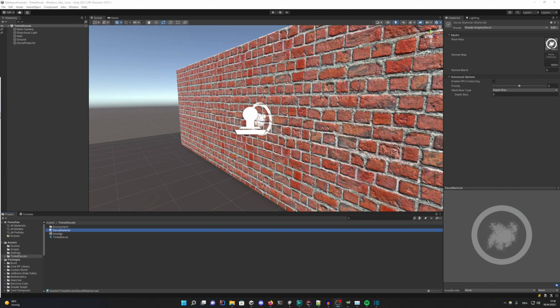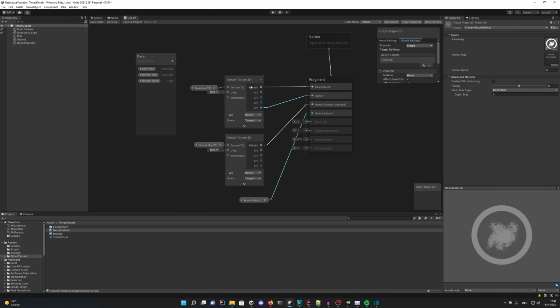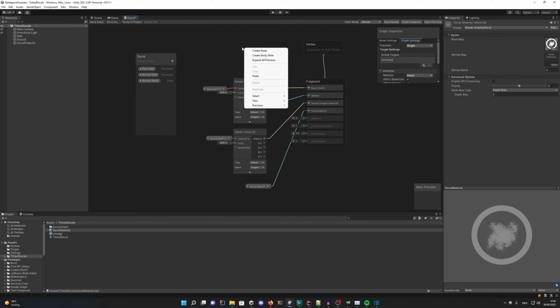As the video title suggests, we want to add some colors to this. Sadly, the default decal material shader does not support colors, so we have to edit it. Select the material, go to Edit in the upper right corner. Now the shader is opened in Shader Graph and we can edit it. Add a new node by pressing with the right mouse, selecting Create Node,